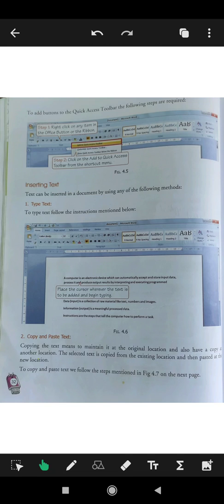You take notes from your friend, then copy them and write in your copy. So this is an example of copying. The selected text is copied from the existing location and then pasted at the new location. To copy and paste, we follow the steps mentioned in 4.7 on the next page.